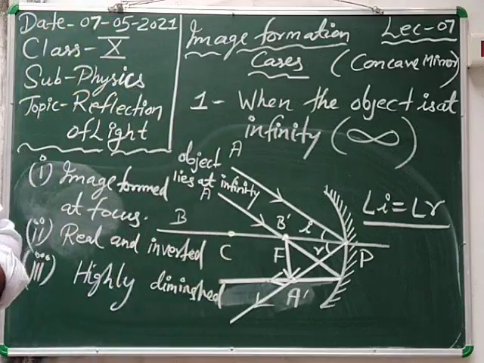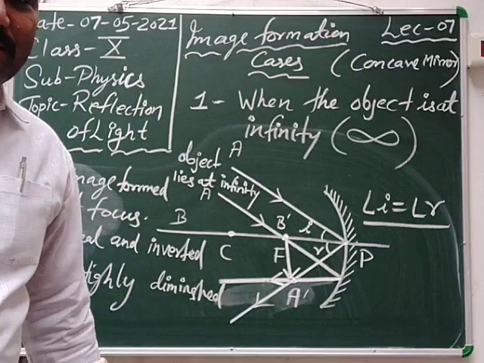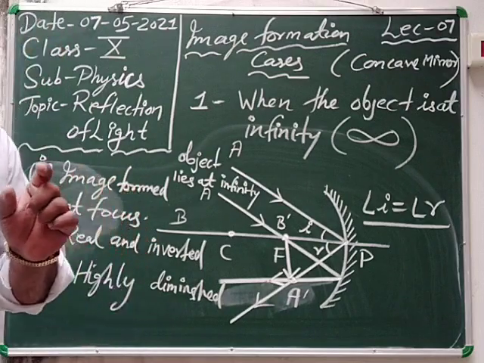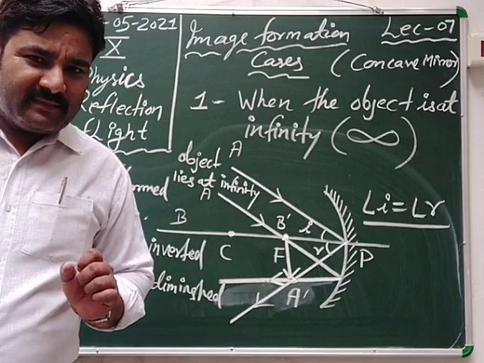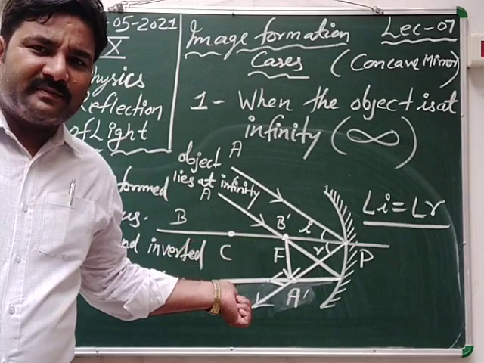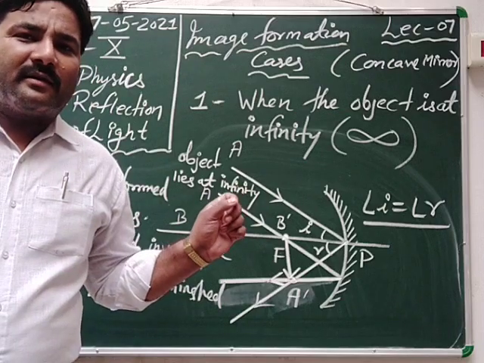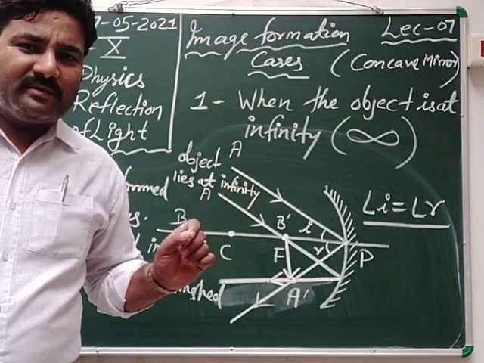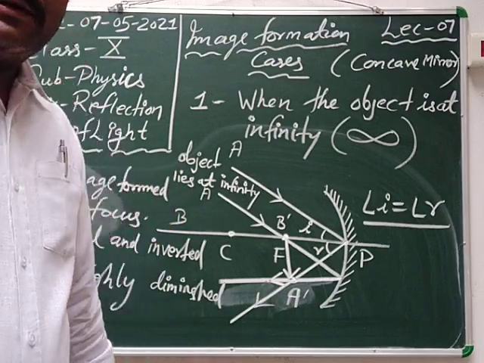And the ray diagram is very easy. One ray passes through the pole and the second passes through focus. When it passes through the pole, it follows the laws of reflection, and when it passes through focus, it becomes parallel to the principal axis. In both cases, whichever ray is incident, no matter, it always follows the laws of reflection. So note down this one also.